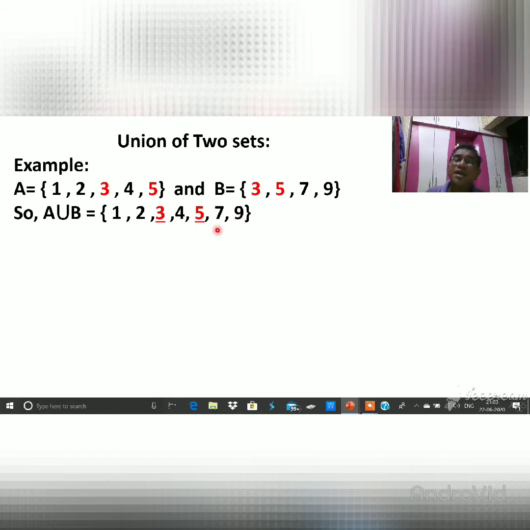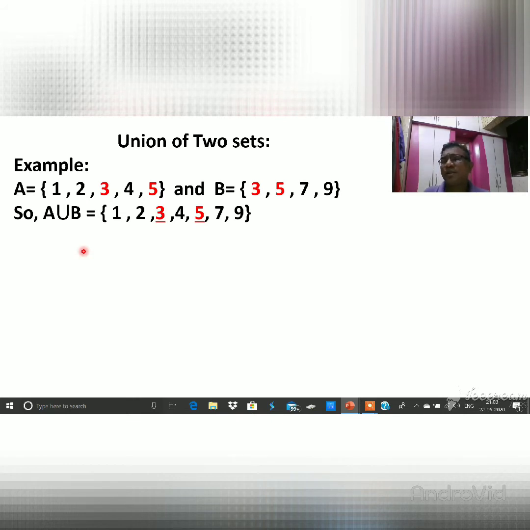Do you understand? What is the main thing in a union set? The main thing in a union set is that any element which is coming double, that element is written single. This is simple to understand. The number which is coming in two sets, coming two times, can be written single times, and that can be shown here as A union B. So this we can write by our writing methods.